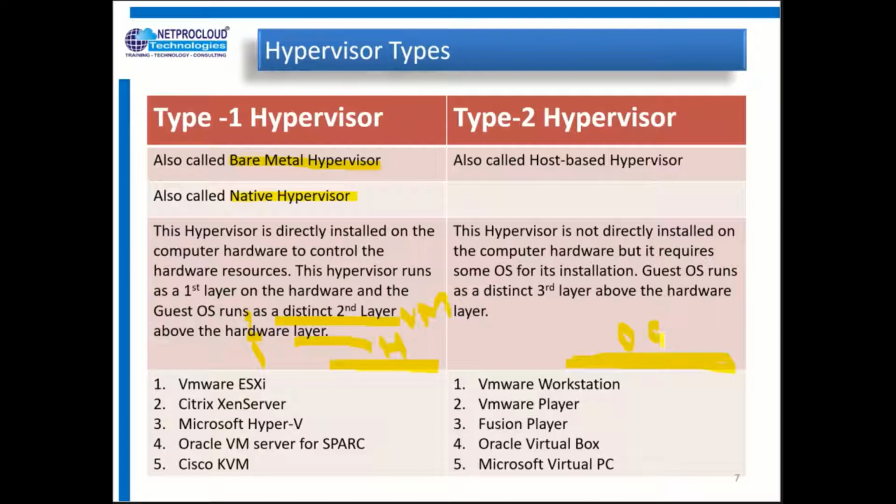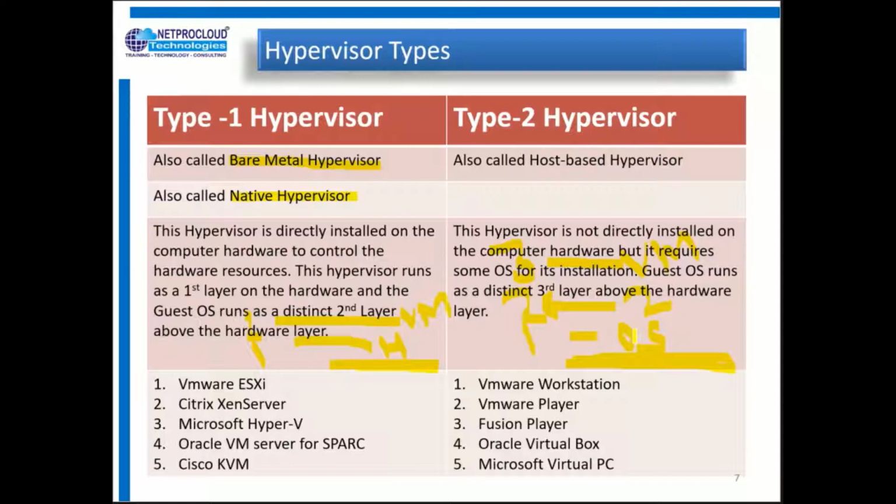The operating system here is the first layer, and on top of it we install the type 2 hypervisor, which serves as the second layer. On top of this type 2 hypervisor, we install virtual machines, and the virtual machine with the guest operating system acts as the third layer.